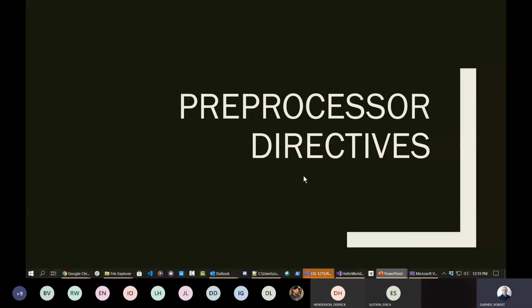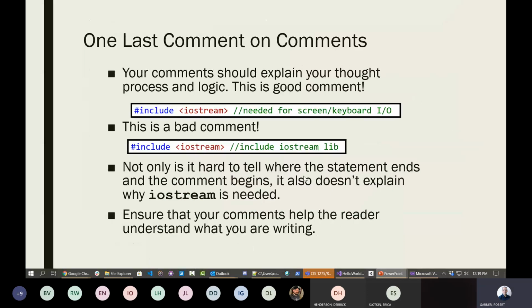Another point I'd make is that if you have really good function names and really good variable names, often they can make your code so clear that you need very few comments. If you use confusing variable names, you may find yourself having to use more comments to explain what's going on. So if it becomes arduous, if you're writing a lot of comments to make your code clear, maybe you need to,